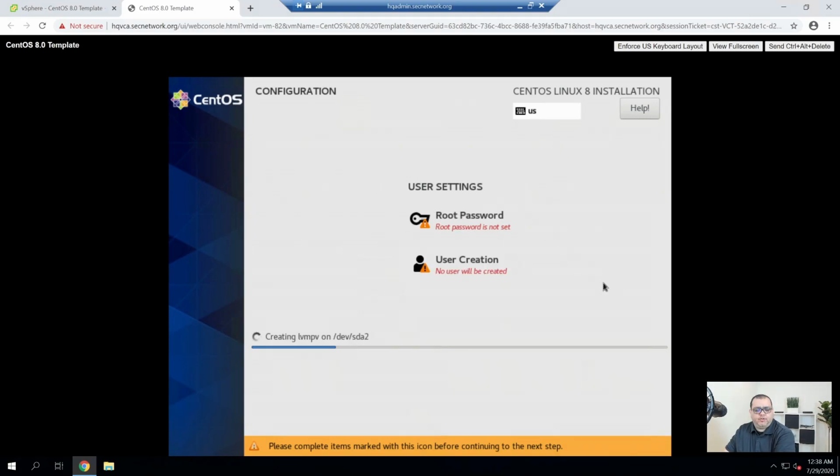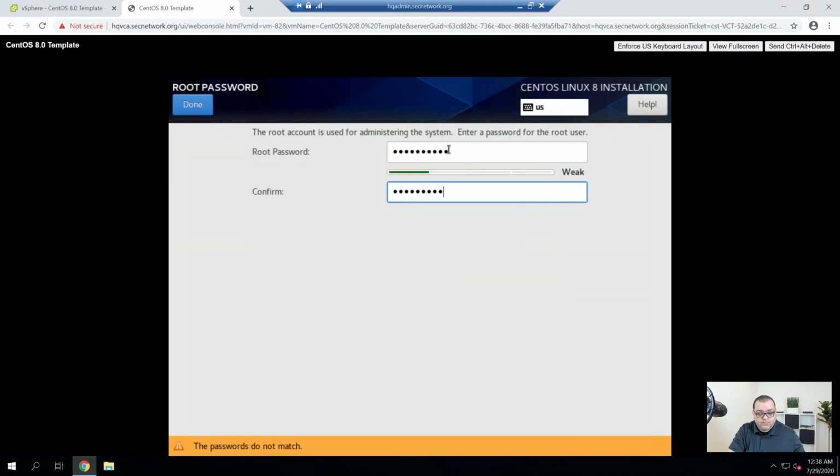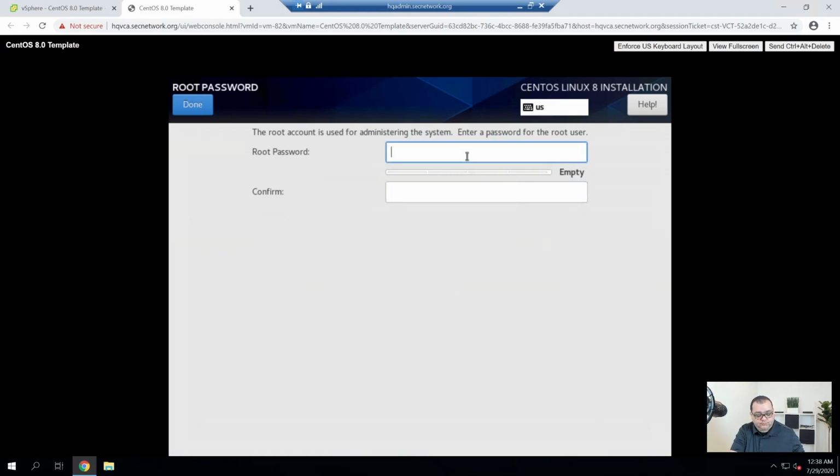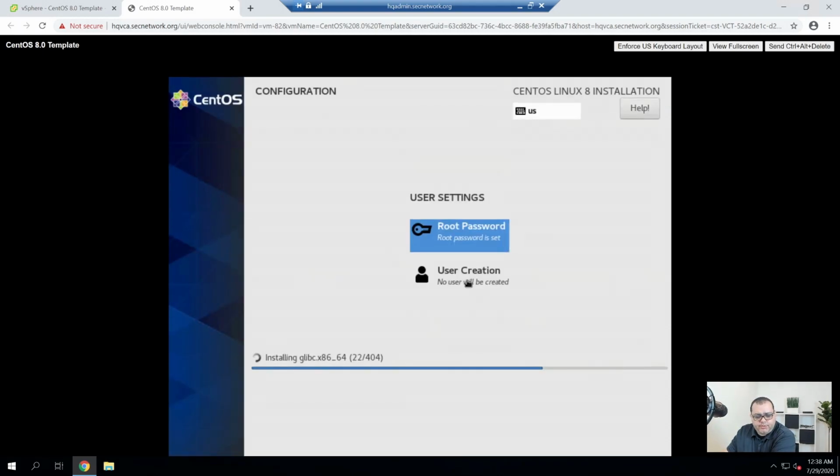And I'm going to set the password for root. Alright, so it didn't like my first password, but it took the second one.